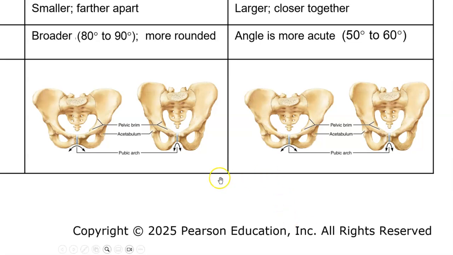first of all, this outlet in here is narrower, just smaller in general in the male, and in the female, it's much wider and rounder. In the male, you also have this angle that forms here. That angle is going to be less than the same angle in the female pelvis. It says the angle is more acute, which means it is a smaller angle. It's 50 to 60 degrees, whereas in the female, it's widened out to, it's not quite 180, but